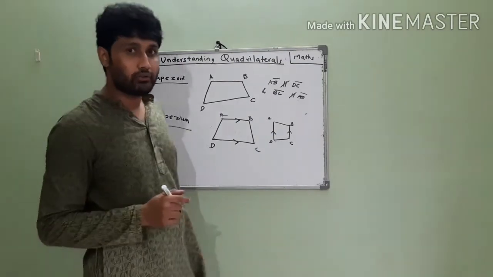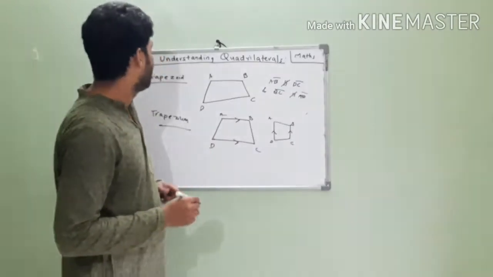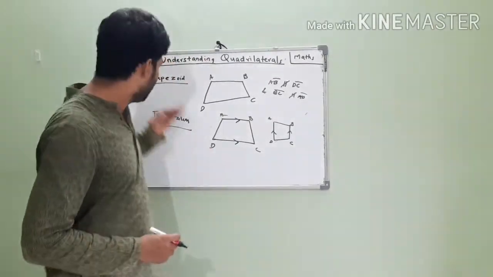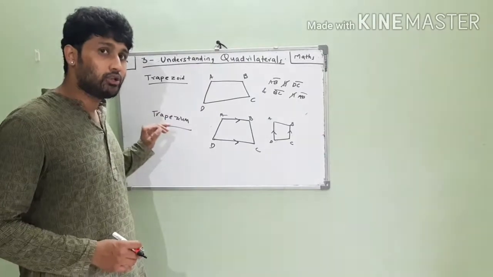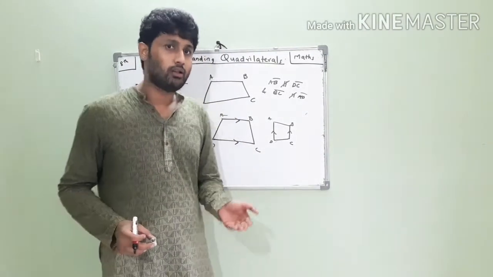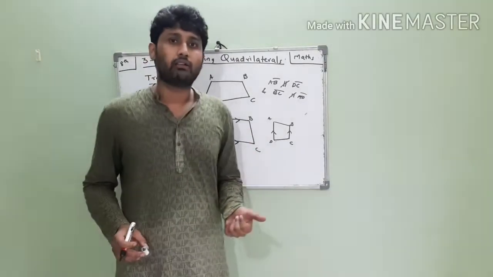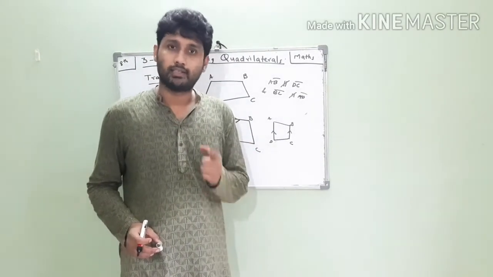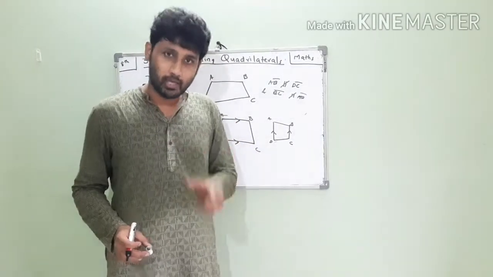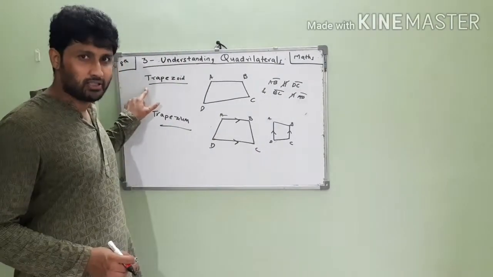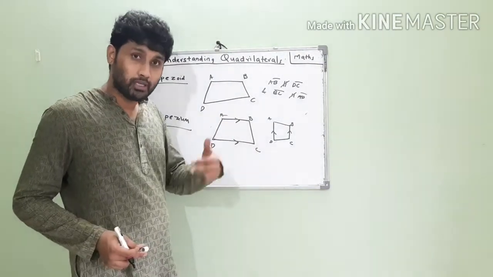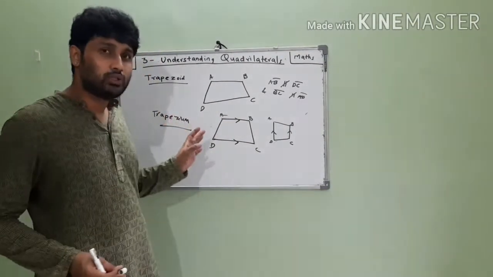The reason why I introduced the word trapezoid is that in UK mathematics, that is British mathematics, these are the terms used. A trapezoid is a quadrilateral which has no opposite sides as parallel, and trapezium is a quadrilateral which has one pair of opposite sides as parallel. In the US, the terms are reversed. In America, this is called a trapezium and this is called a trapezoid. These terms become opposite in meaning if used in a different context.